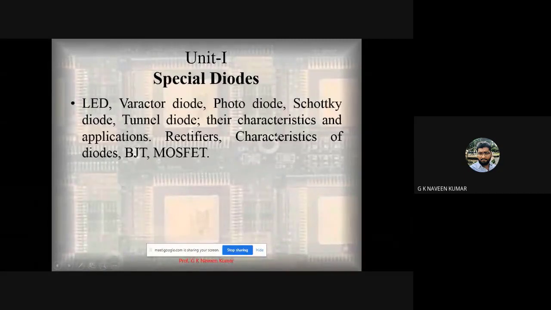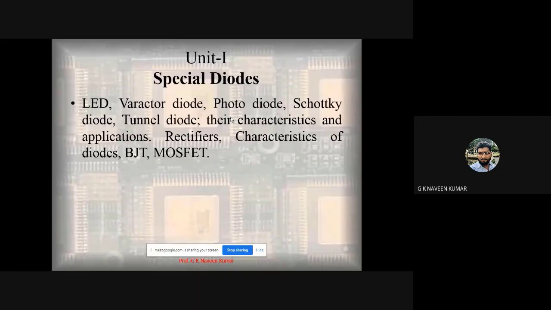And the next one will be revising the half wave and full wave rectifiers, which you might have studied in your basic electronics without filters. You might have studied just the basic rectifier. Now in this subject we'll be discussing with filters. After applying a capacitive filter or inductive filter or any other filter, LC filter or CLC filter, what will be my response at the output? That we'll be discussing, giving more focus on this topic.